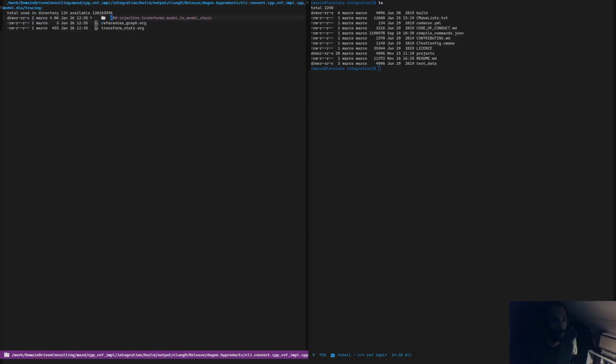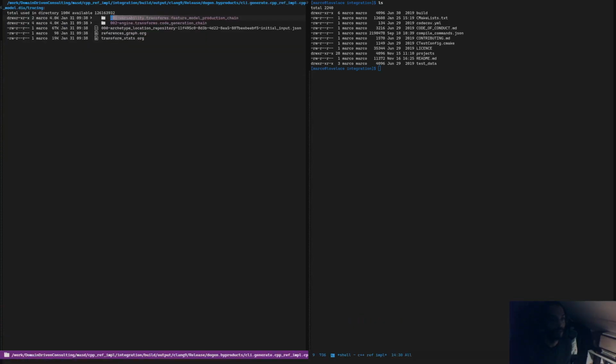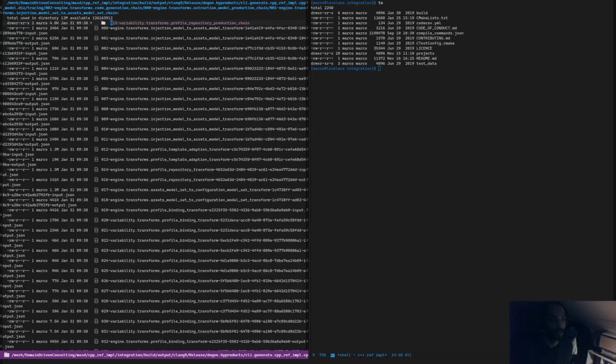So what we're looking for is, we're on the conversion, sorry. What I meant to do is to look for the generation. So this is now dumping the complete tracing chain, tracing of all the chains in this generation. So as we move from injection to assets, which is here, engine transforms injection model set to assets model set chain. So around here,